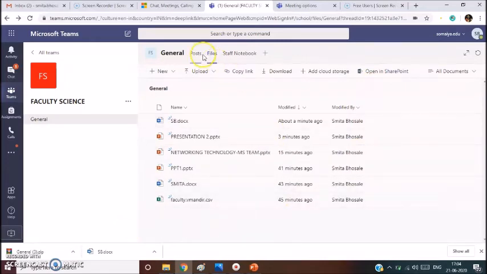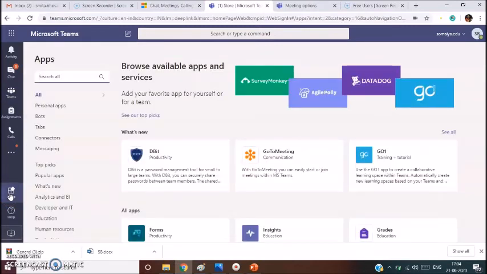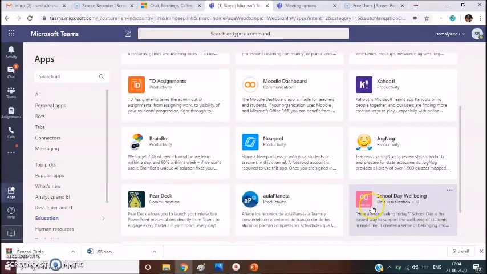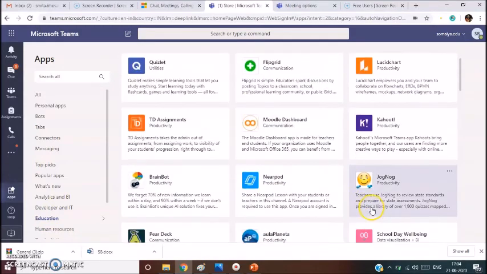Now let me take you back to the left panel where Microsoft provides some inbuilt apps. These are the apps provided by Microsoft. You can search for any field and they will list all the apps which can be used for that particular field.